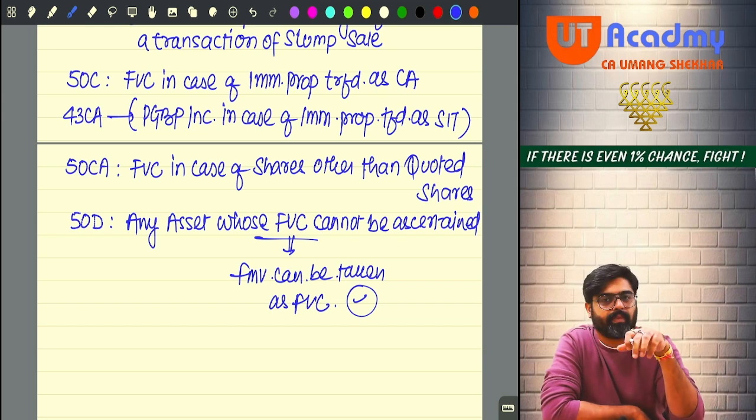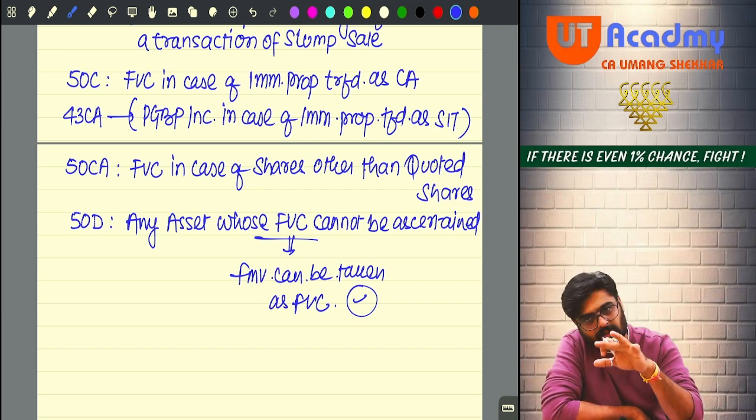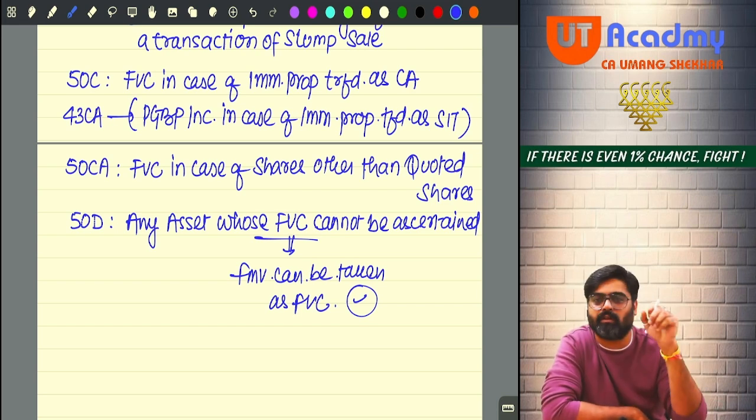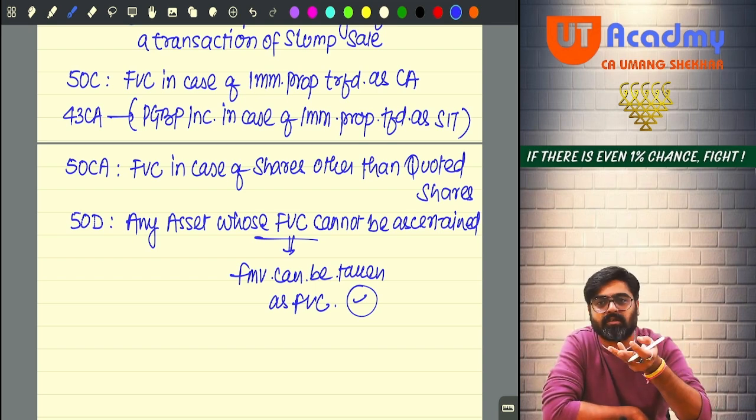How come? See, I have 3 assets. Some shares are there, one land is there, and some jewelry is also there. Now I am in urgent need of money. I am transferring all these 3 assets together to Kaushik, and I am telling him, give me 5 crore rupees right now, and take all these 3 assets from me. I have transferred all the 3 assets for a total consideration of 5 crore. Even I don't know how much I have charged for which asset, and even he doesn't know how much he has given for which asset.